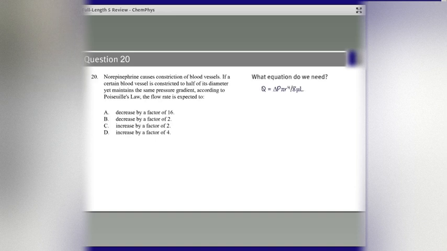If a certain blood vessel is constricted to half of its diameter, how do we relate that to radius? It's got to be half of the radius it had before. Q is proportional to R to the fourth, so if R is reduced by half, then Q would be reduced by